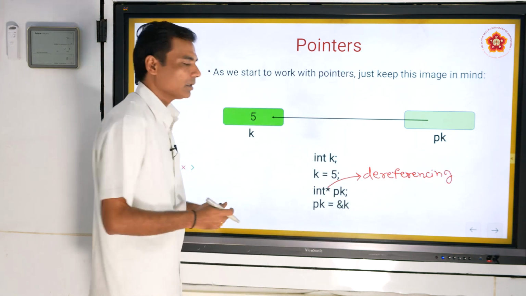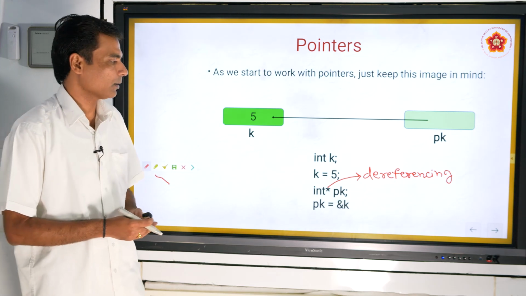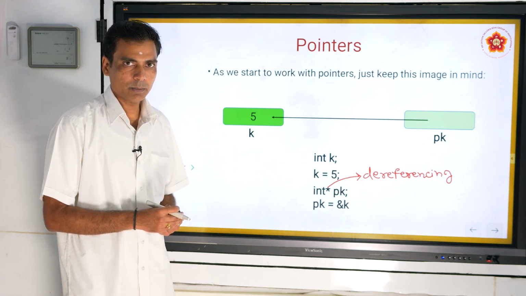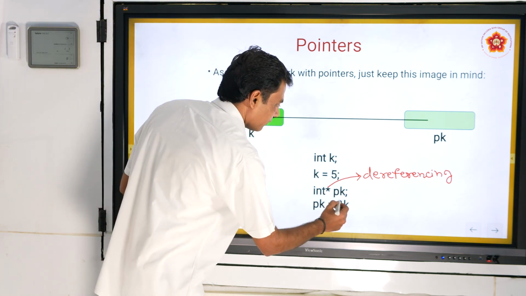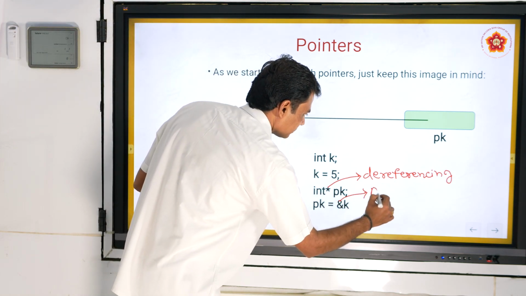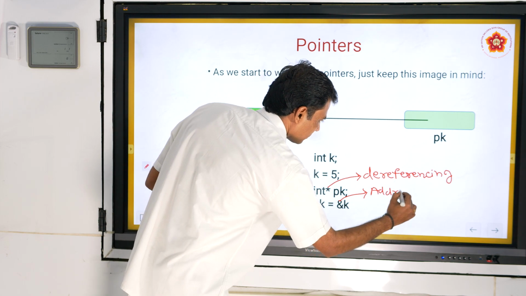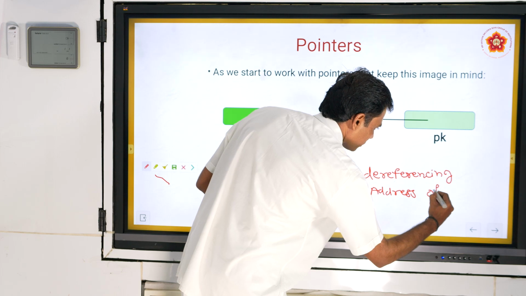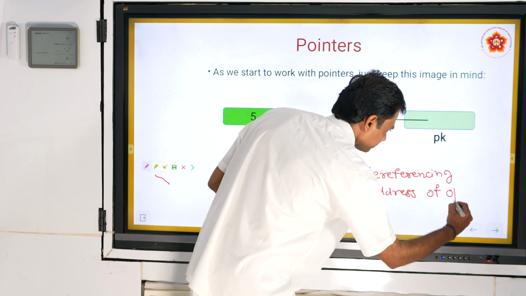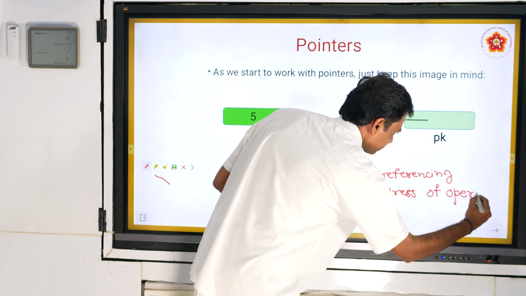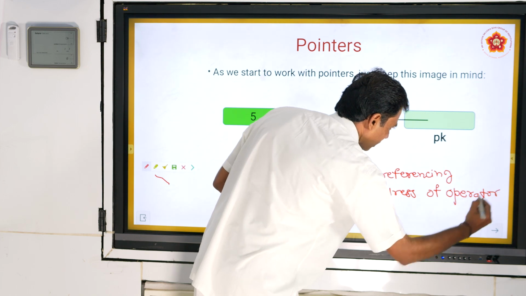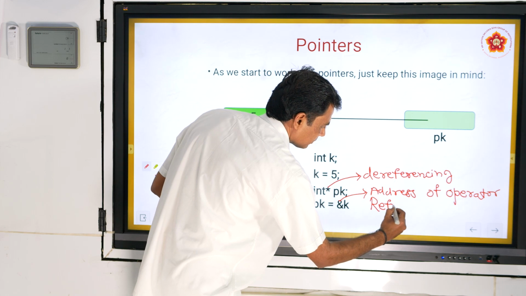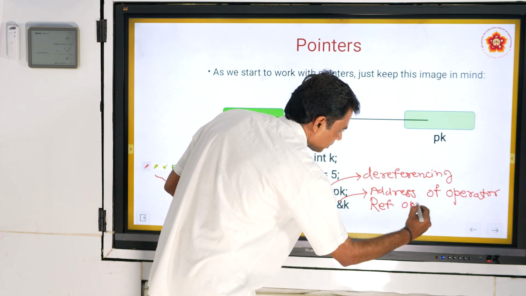We have discussed in detail what this dereferencing operator is. Another operator that we use while working with pointers is the address-of operator, or we can call it the reference operator.